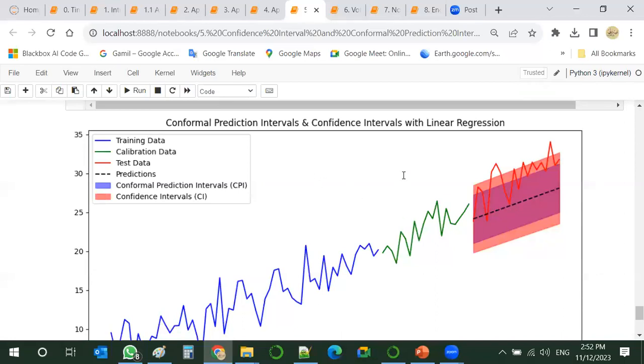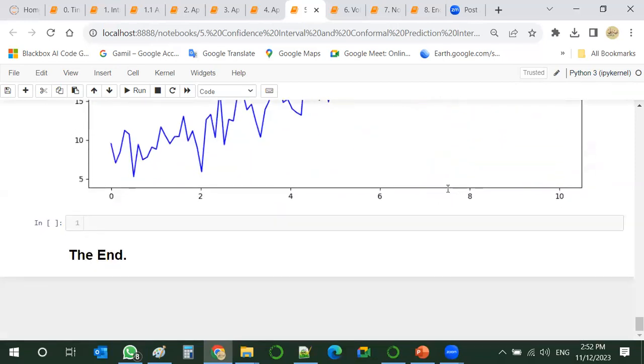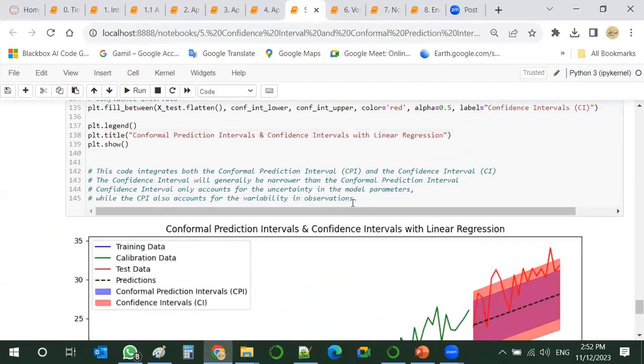So this model, of course, could have been better. So you can just play around and try to bring this red line a little bit down and see what you come up with.